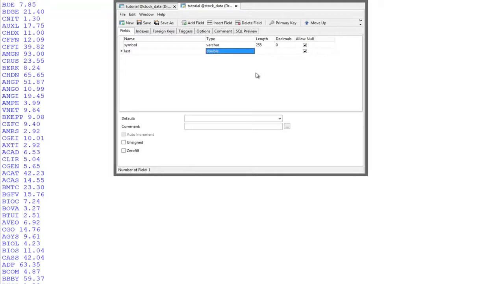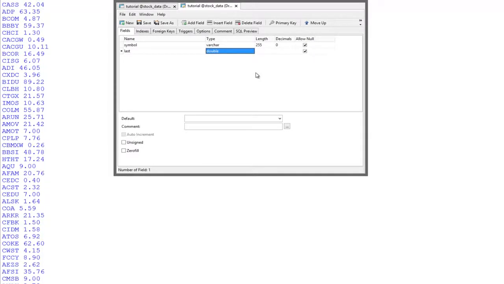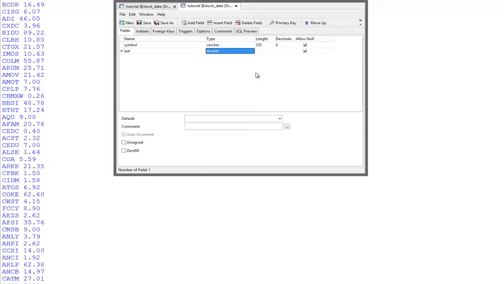Because why not? We have plenty of memory, so why don't we store a pretty large number? We don't have to make it a float. I could make it a float if I wanted to and save some memory, but it's $15 a month for hosting regardless of how much space I use, so I might as well use as much space as I possibly can. So I'll save this,